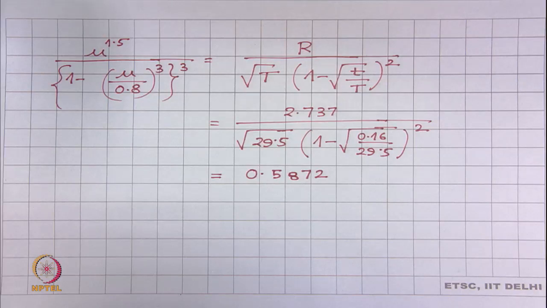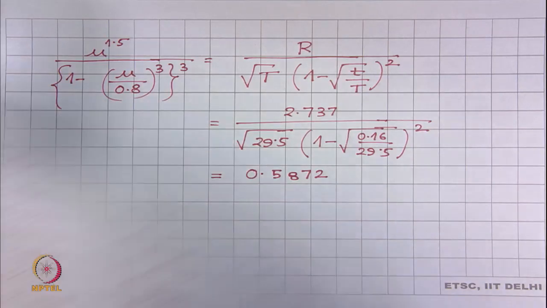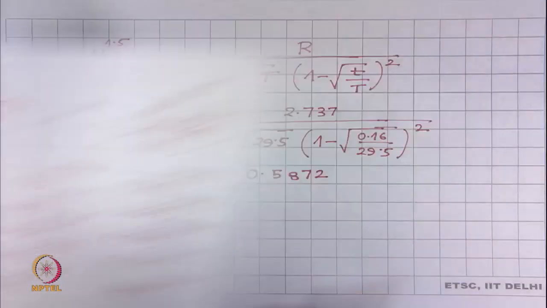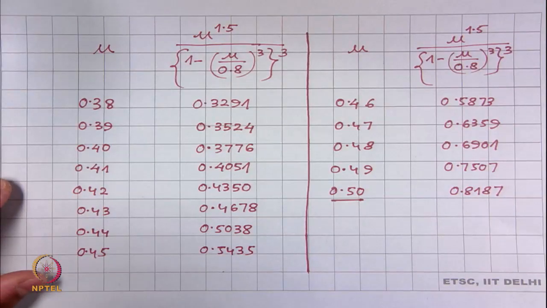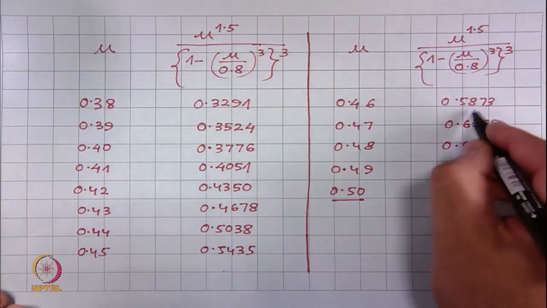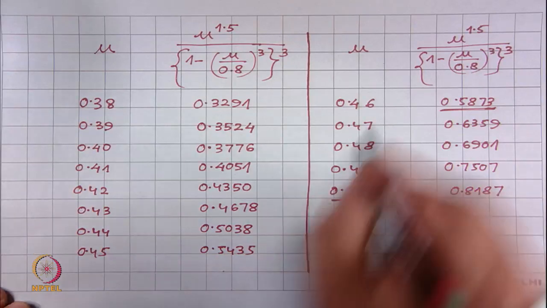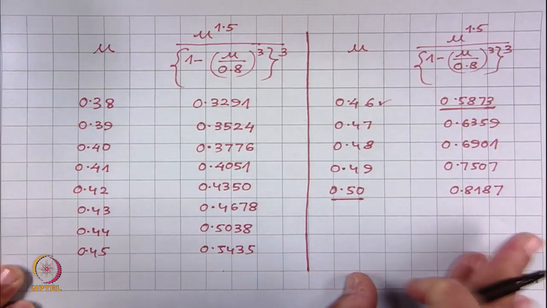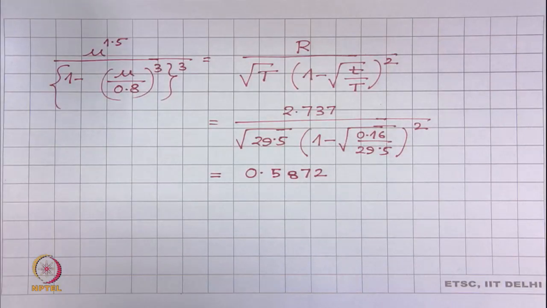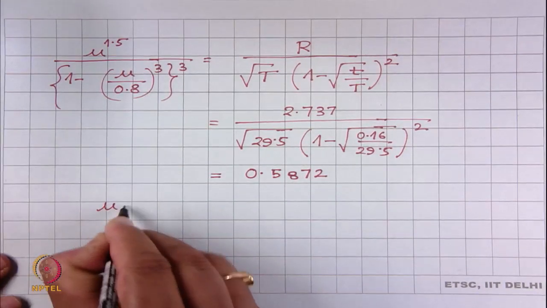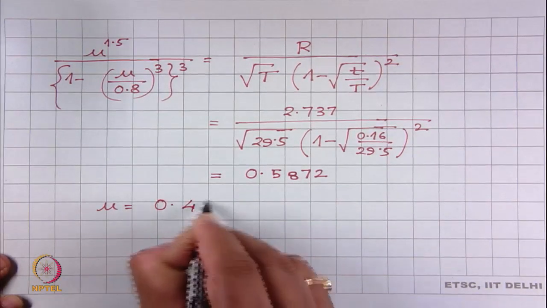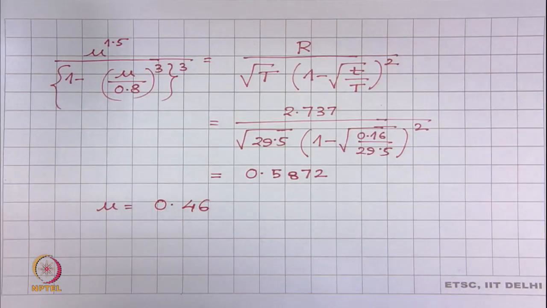Then you find out the table, already prepared. Where is this value lying? 0.5872. 0.5873 is very nearby, right. So, the value of mu is 0.46. So, then we write the value of mu as 0.46, all right. Then we solve our first equation,